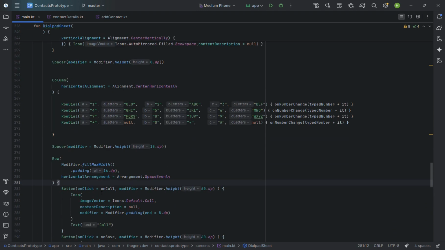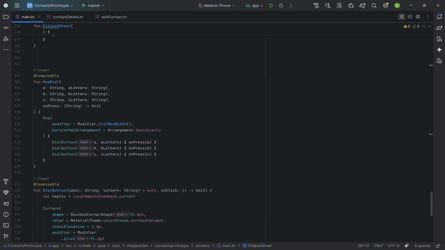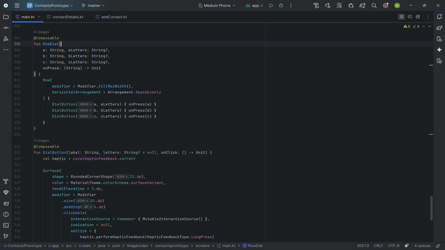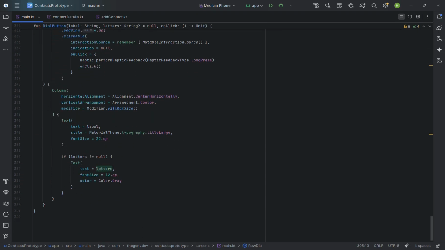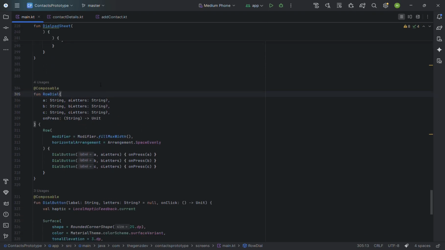Okay, so that's about it for the dial pad sheet. Now you have this row dial function and the dial button, which are easy to understand. The row dial will take 3 parameters. Now, not 3 but 6 parameters, and an onPress function